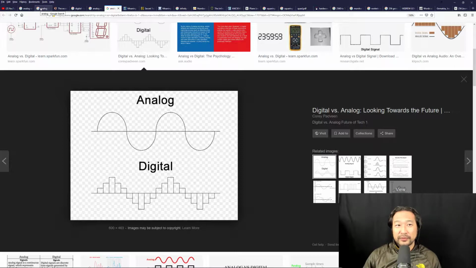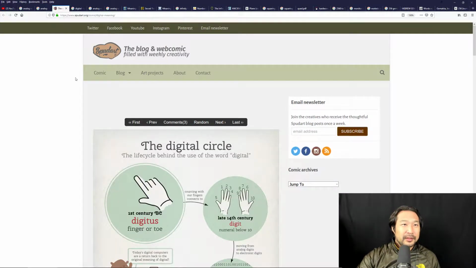Analog aren't based off of whole numbers. If you want to try to get a whole number, you round up or you round down. Pretty simple, right? Now, digital is interesting because I tried looking up the word digital as far as the origin of the word and